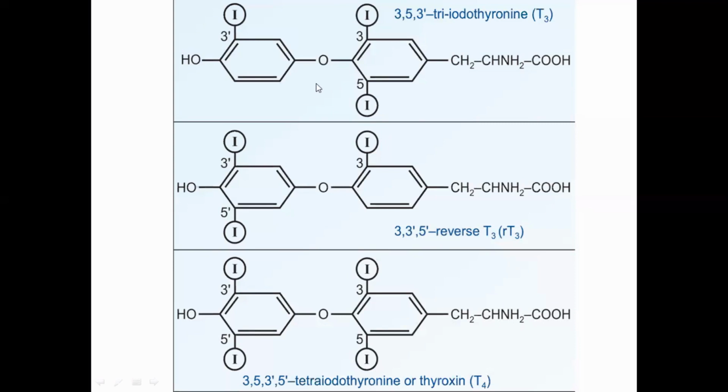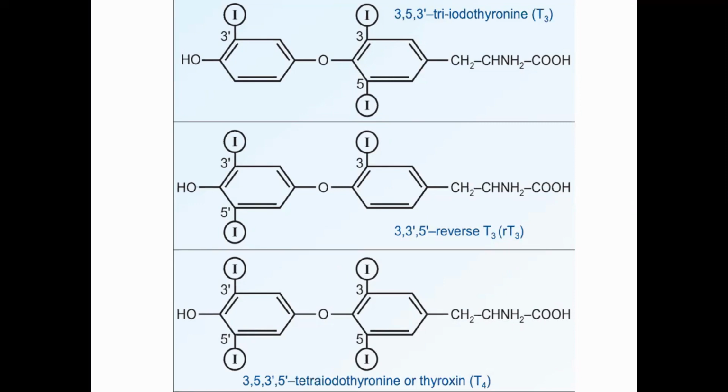by means of deiodination. Deiodination means the removal of one iodine from the 5' position of thyroxine to form triiodothyronine, and this triiodothyronine is the most biologically active thyroid hormone. The conversion of tetraiodothyronine or thyroxine to triiodothyronine mostly takes place in the peripheral tissues. So in the target tissues, thyroxine, that is tetraiodothyronine, is converted to triiodothyronine by means of a deiodinase enzyme.